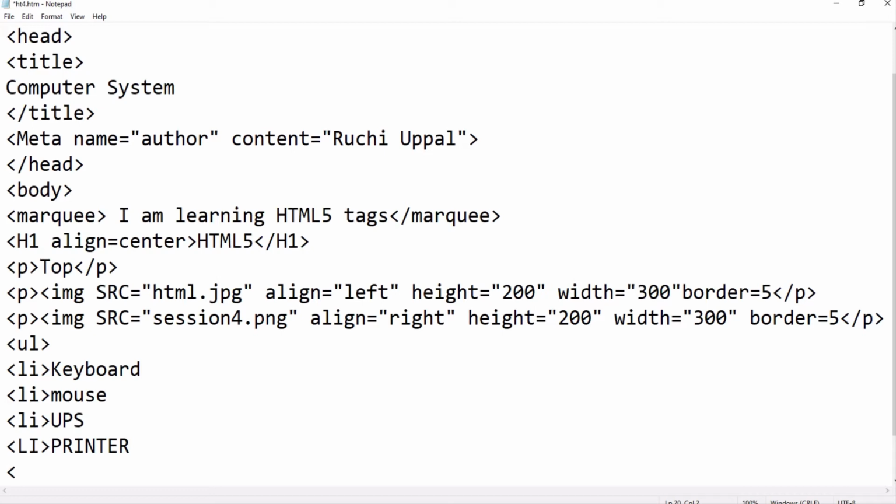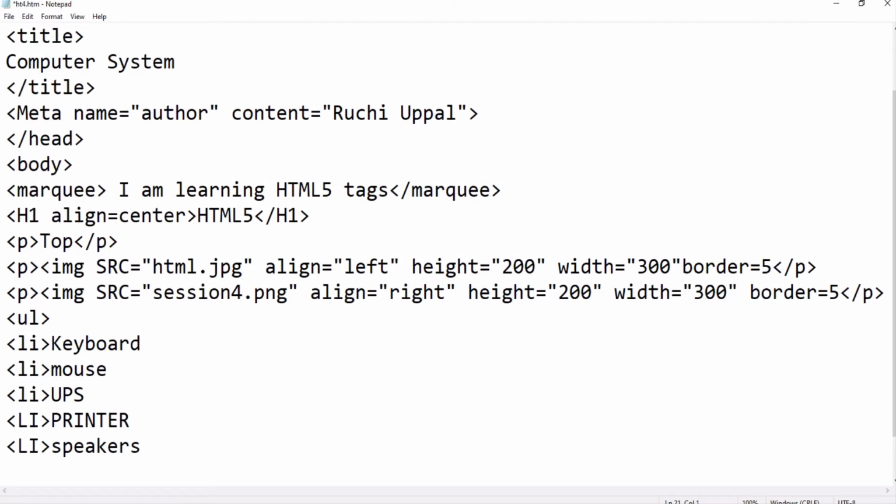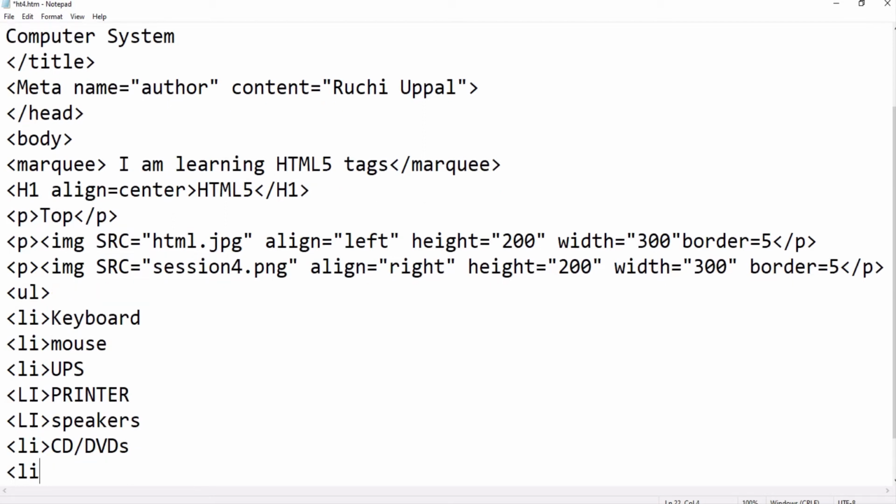Then LI, speakers. Then LI, and the next is CDs, DVDs. Then last but not least, write down scanner.